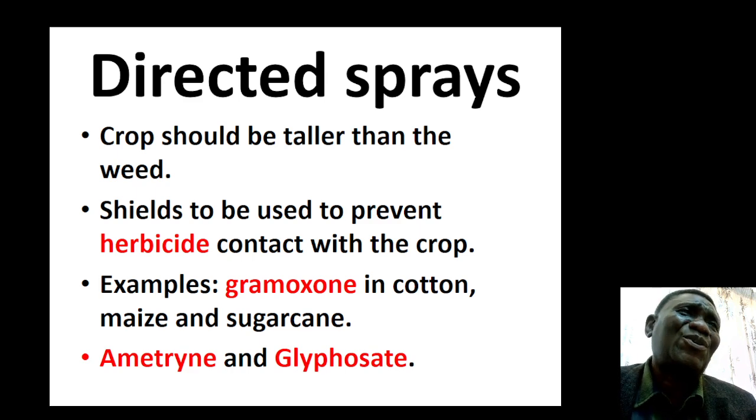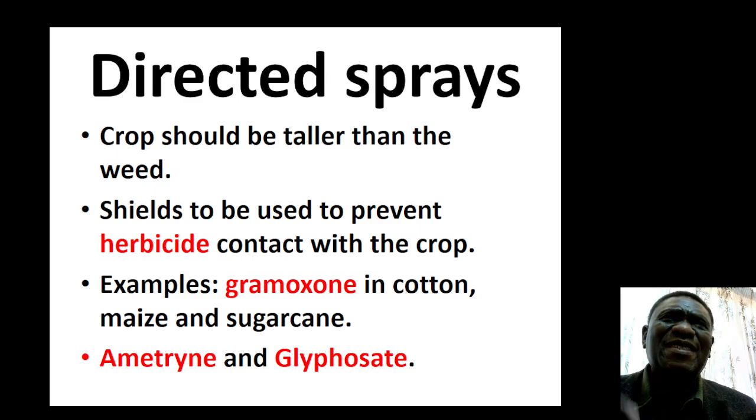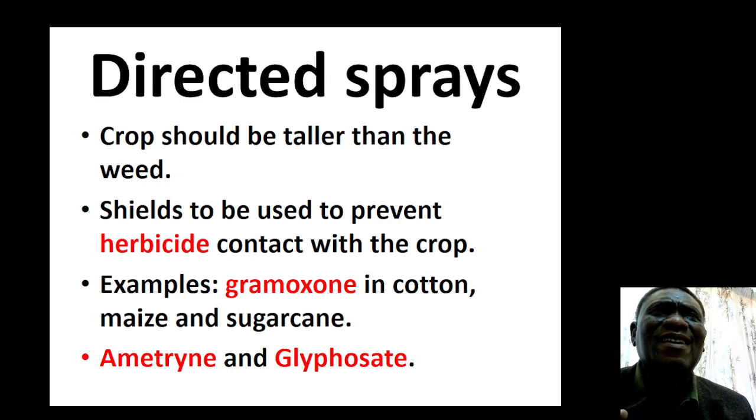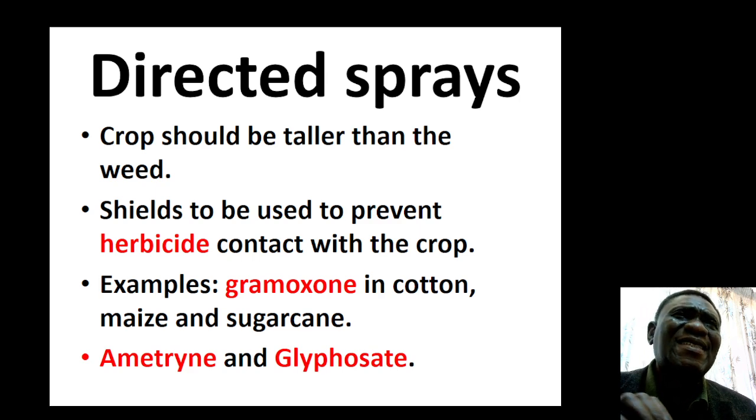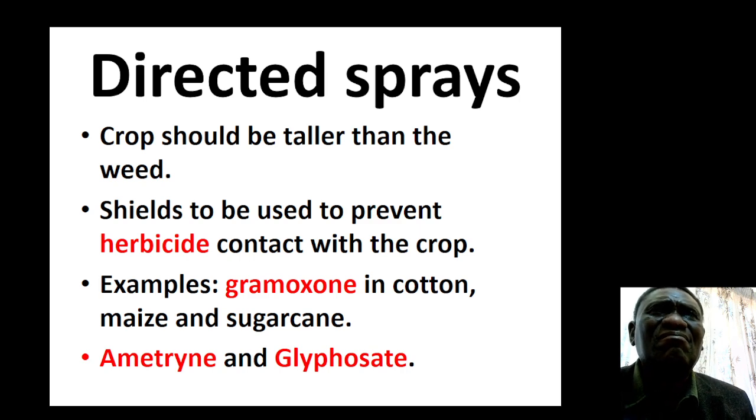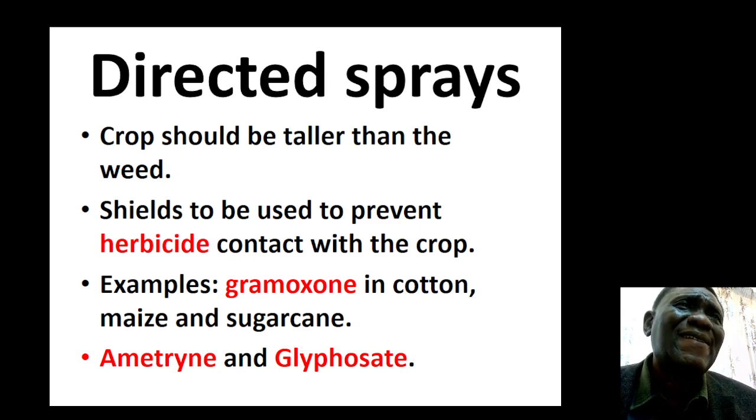We can also use ametryn and glyphosate. But sometimes with the glyphosate, it can be tricky. Even if you use the shields, there's a chance that some fine droplets could fall on the crop,